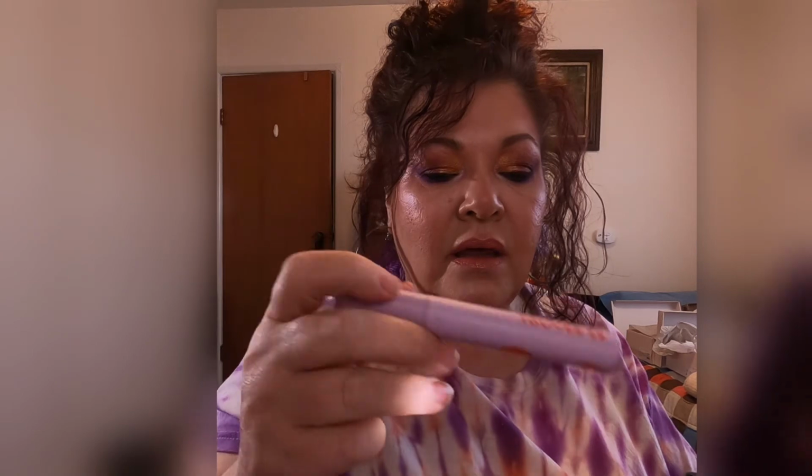Okay, so now I'm going to go on to my new favorite mascara. Tower 28. Why did I say Tower 21? Tower 28. Oh my god, this mascara. Just wait and see. I usually love waterproof mascaras. And one of my favorites is ABH. I love ABH mascaras. But